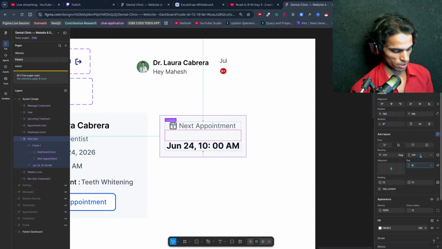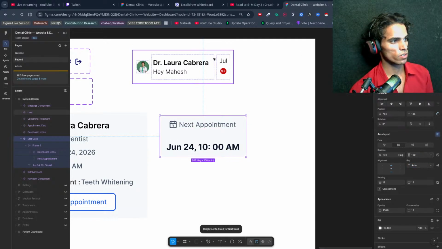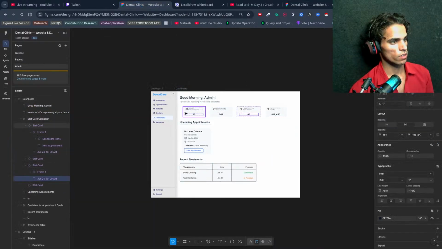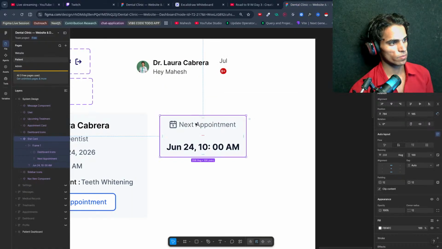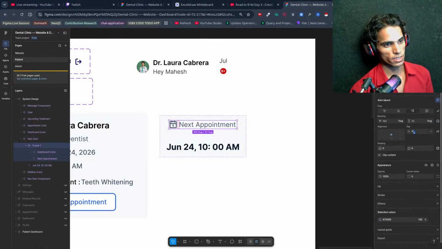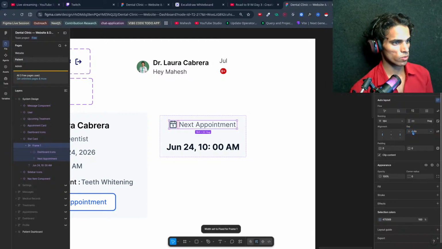The gap here, I will give this order. Yeah, now you can see a little bit better. For the text here, I will give the gap as auto, and here the height of this should be auto.